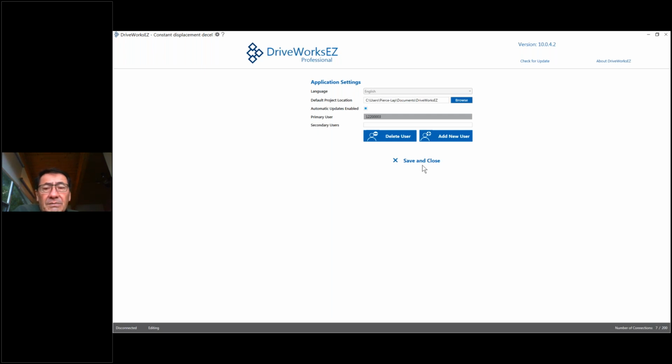I don't understand much about what lawyers do, but the lawyer part of our program says that we tie the application to the primary user of the program, and you need to be careful about this when you put this onto a customer's machine. Because if you do it in your version, for example, I'd be doing it as 1, 2, 2, 4 zeros and a 3, I'm the only person from now until the second coming that will be able to modify that program. It's my program. It's tied to my version of DriveWorks